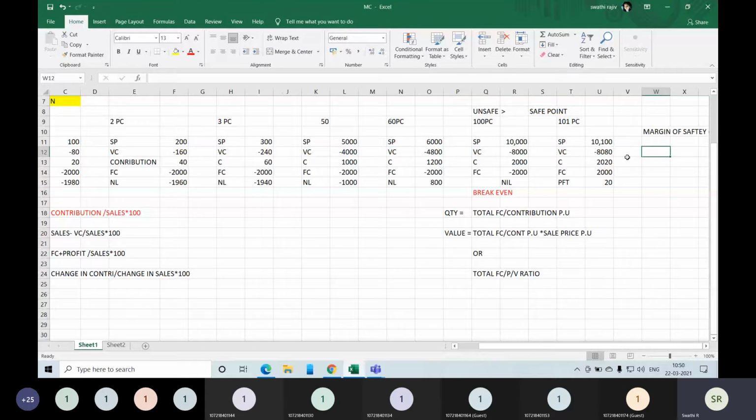After the break-even point, your margin of safety basically starts. From then onwards, however many more pieces you produce, you will get a profit for sure. You're getting an assured profit. That is why we call it margin of safety. Our aim will always be to produce more output than this point, so more than the break-even point. That is your MOS, or margin of safety.